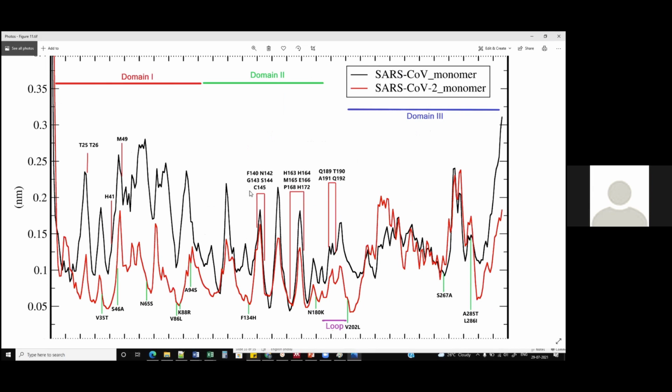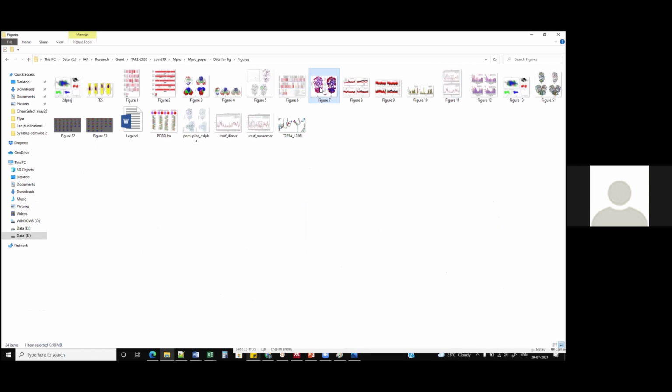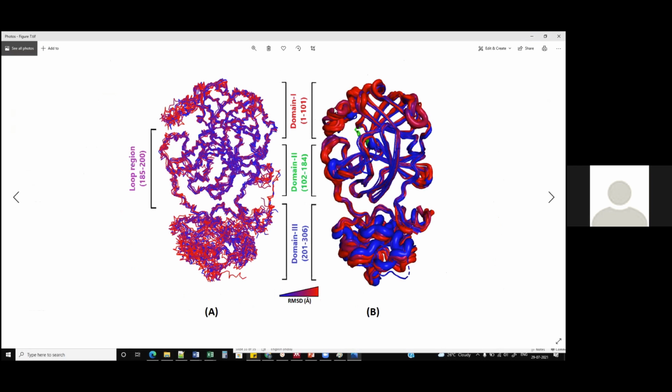These are the important residues involved in its catalytic function, we can say. There is not much difference over here, but there is a little bit of difference over here. This is a great difference, and this is a zone where there is a large difference, and this is domain one. To the best of my memory, domain one is involved in dimerization of this Mpro. Mpro is generally found to be a dimer in solution. It has three domains, one, two, three, and domain one is important for dimerization. This is domain one, this is domain two, and this is domain three.